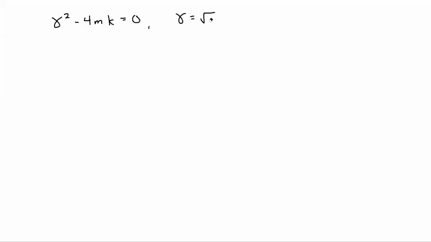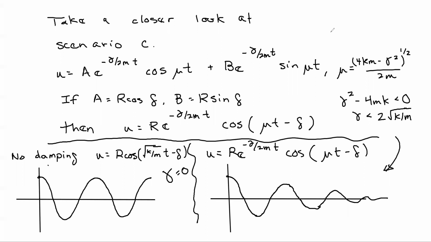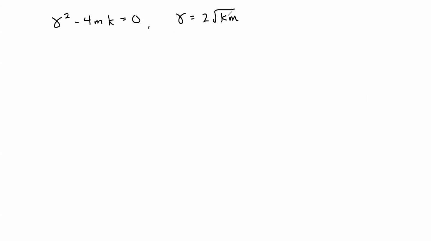Oh, wait, hold on. That's not supposed to be k over m. It's supposed to be 2 root km. Apologies for that. All right, so smaller than 2 root km, it does this. Equal to 2 root km, we get